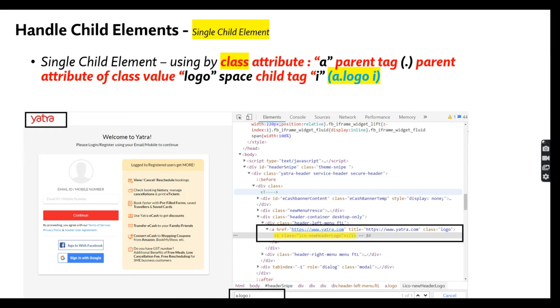If you want to use a class locator, please remember, as I told you, class means dot symbol. Then I mention the class attribute value, give a space, then mention the child tag, which is the I tag. So this is how I handle a single child element inside CSS selector.